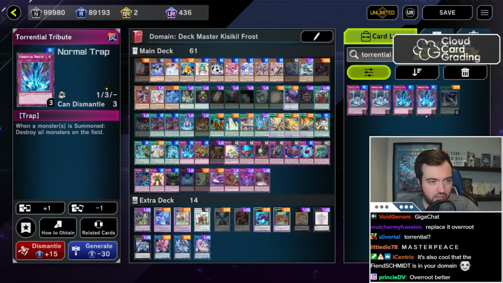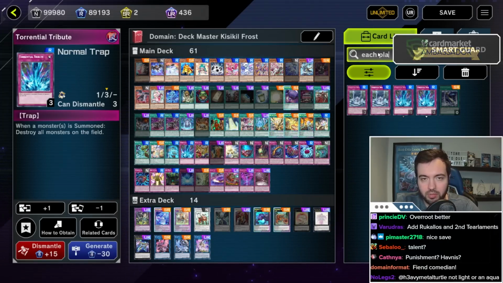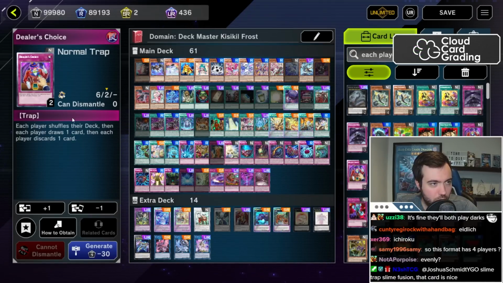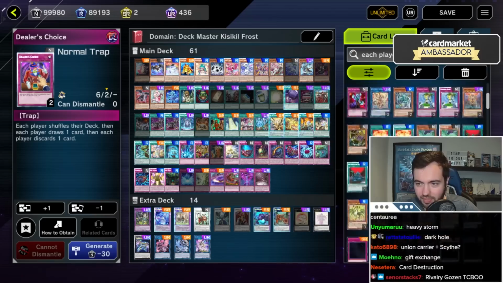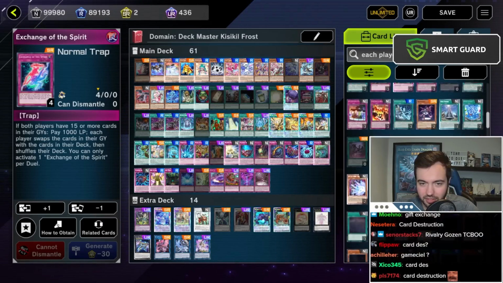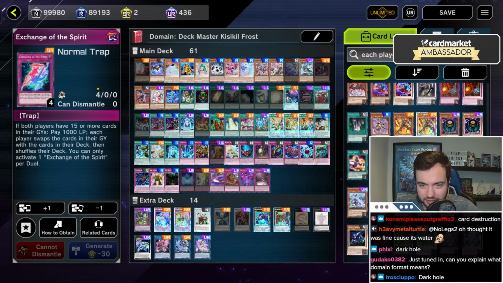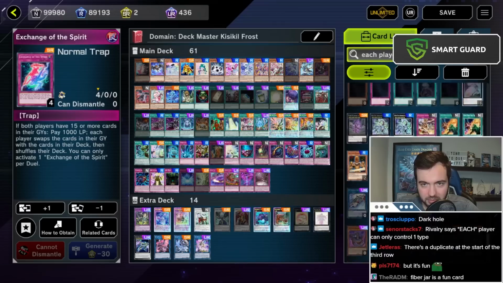Maybe there's some cool cards that say each player or both players. Like, what is there a cool card? Each player. If I could spell it. What are some funny cards in domain format? Each player shuffles their deck, then each player draws one card, then each player discards one card. Well, this one's not it. Each player. Card destruction. I mean, that's not really cool. I don't think there's a crazy exploit here. Yeah, I mean, Dark Hole is a full board wipe. That's true. But